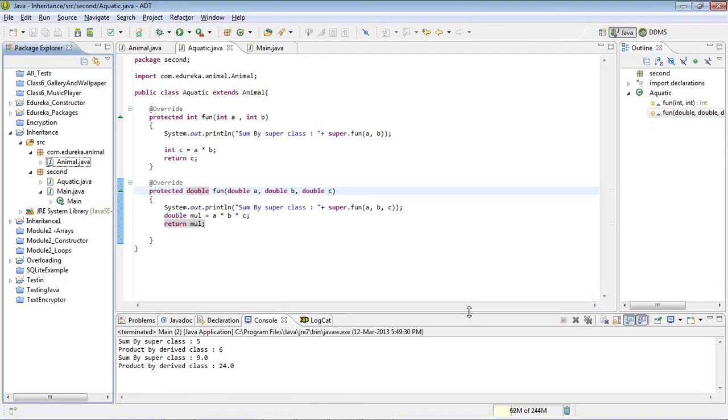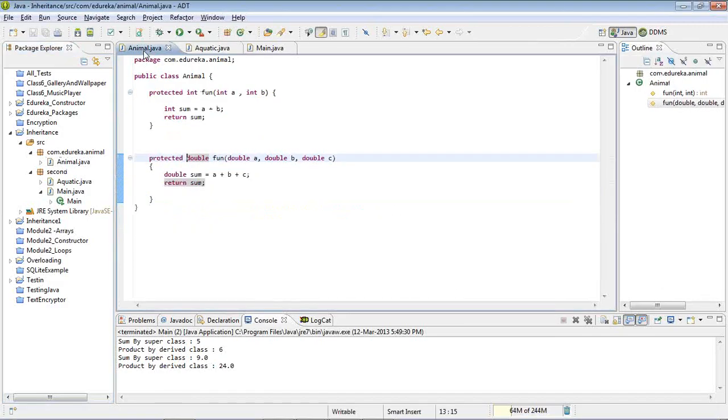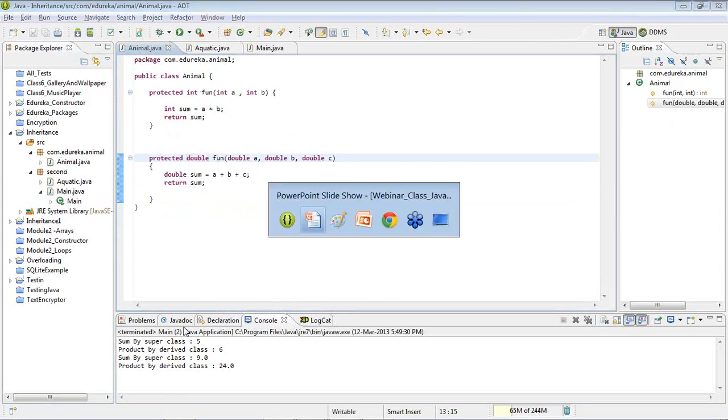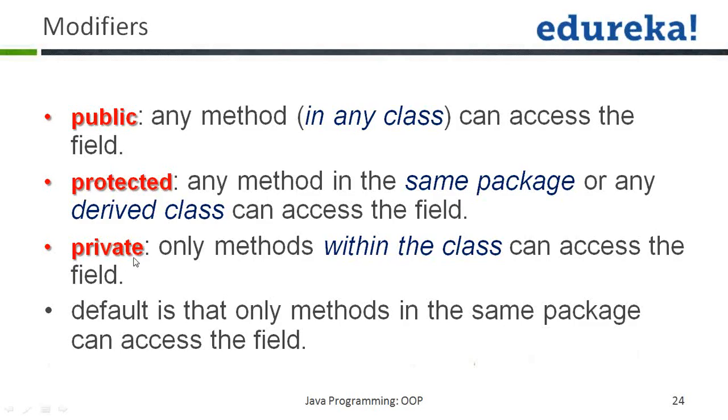This is the difference between protected and default. Wasil says yes, Amir says yes, Rakesh says yes, Mavis says yes. What about Sarah? Are you clear with it? And Umar, Gulzar says repeat. Sarah says yes, clear. Okay, Gulzar, right now I'm trying to explain the difference between protected and